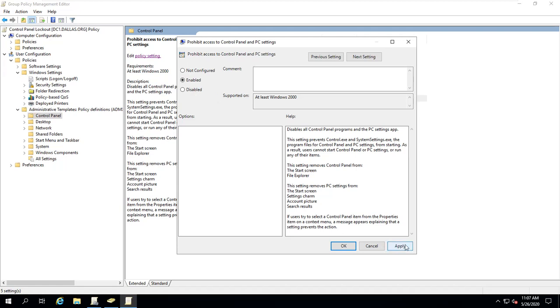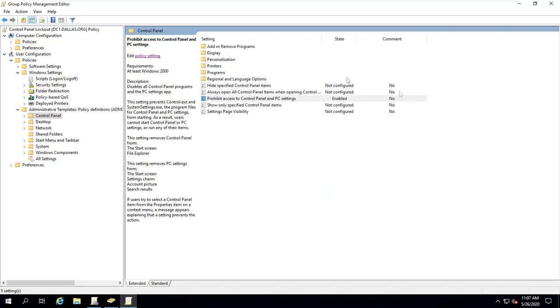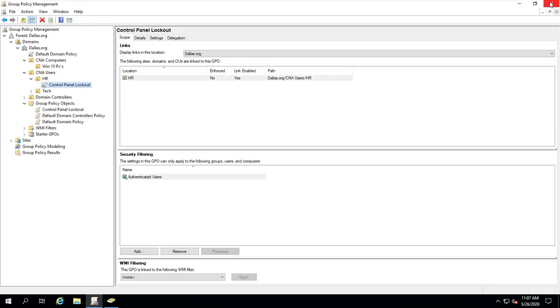I'm going to click apply, and then click OK. All right. So now we can see here the state, it says it is enabled. All right. So now I'm done with this part. I enabled it. It should work. So what I'm going to do now is close out Group Policy Management Editor. So far, this is now linked, you can see here, to the HR, okay? And in this HR,